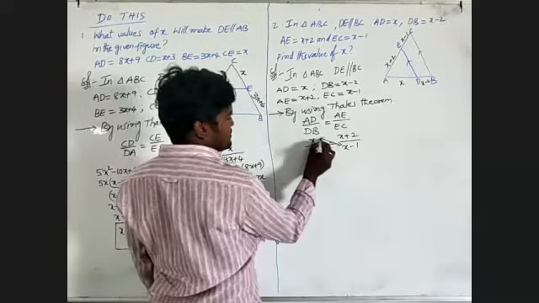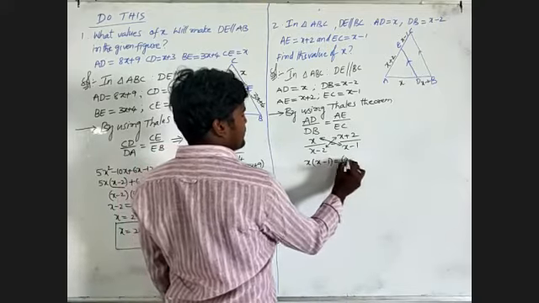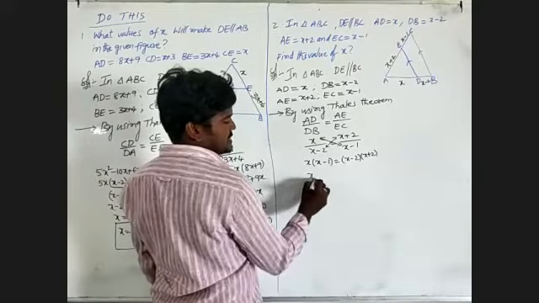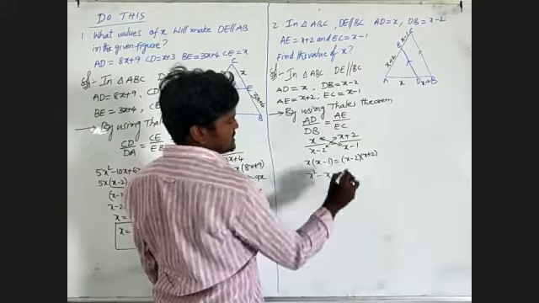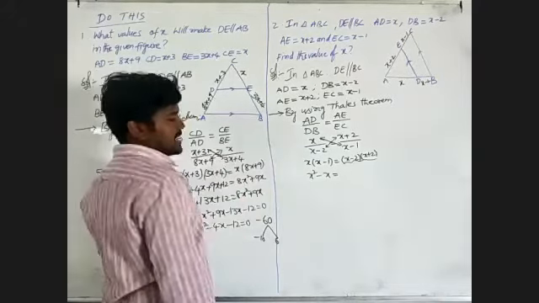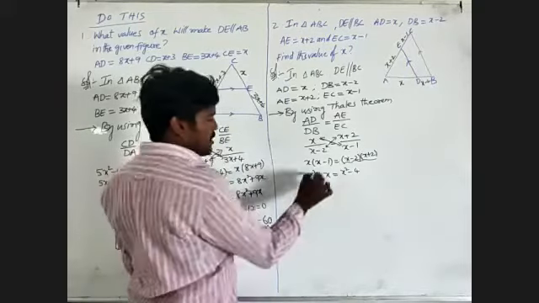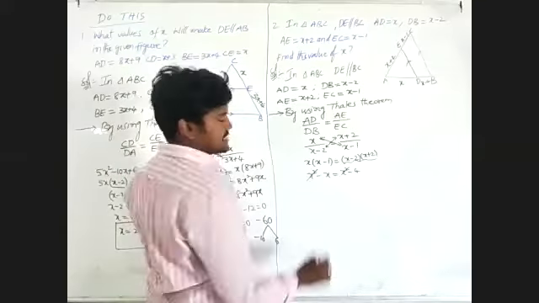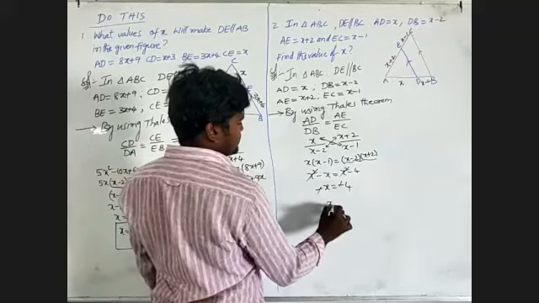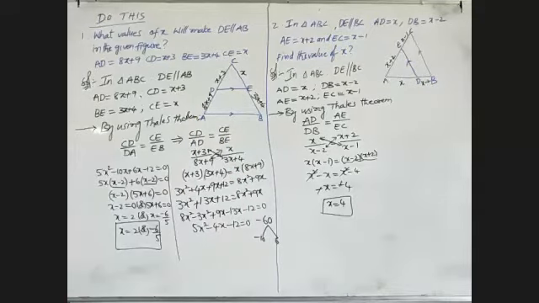Here by using cross multiplication, we will get x into x minus 1 equals x minus 2 into x plus 2. X into x is x square, minus 1 into x is minus x. When it is of the form a minus b into a plus b, it will be written as a square minus b square. So x square minus 2 square, that will become 4. Both x square and x square will be cancelled. Then the remaining is minus x equal to minus 4. Minus and minus will be cancelled, and the value of x is equal to 4. This is the answer to the given problem.